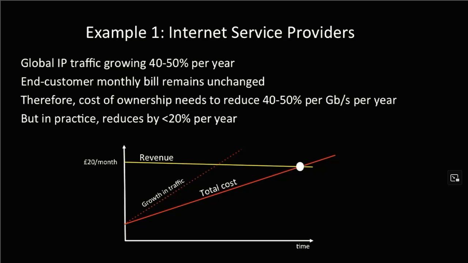So they have a very strong vested interest in reducing the cost, making the network simple, making it do only the things that they need it to do, taking more control over the functionality, taking more control over the features, stripping out the features that they don't need, reducing the power so they save on their electricity bills, and being able to differentiate, which means that if I